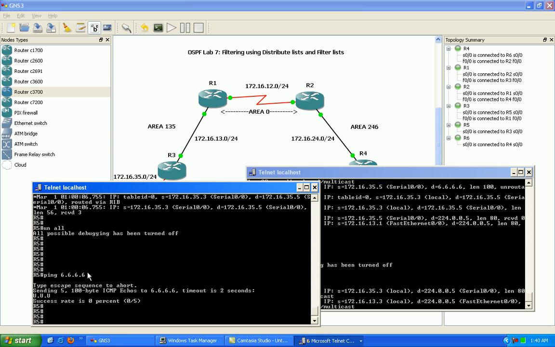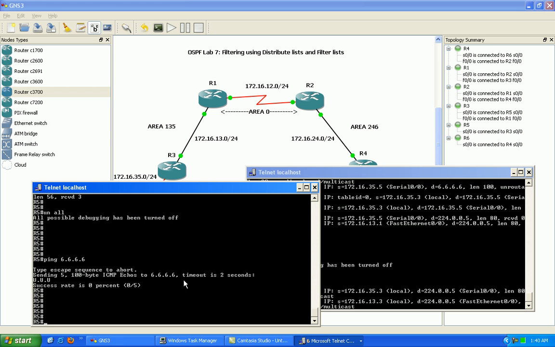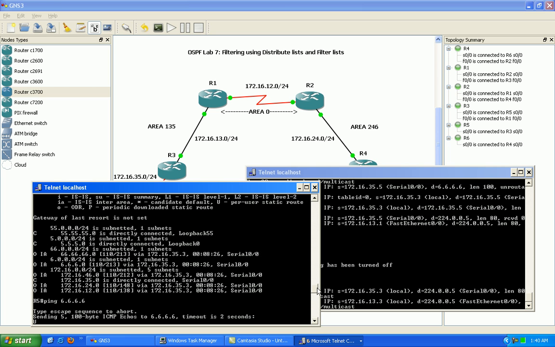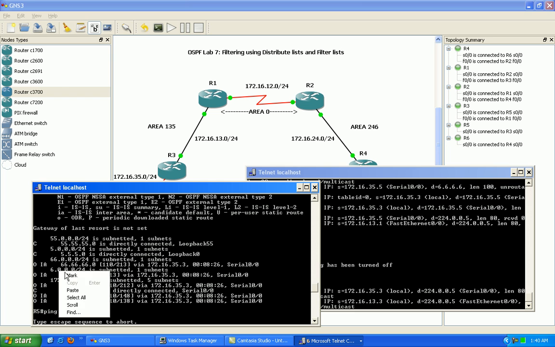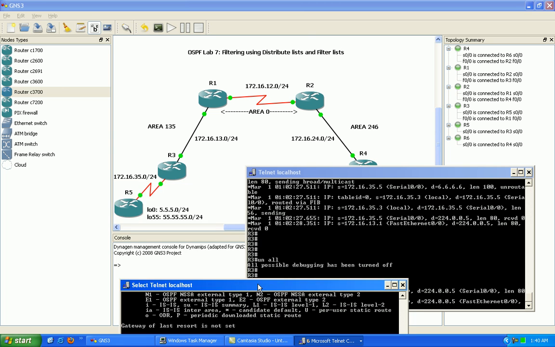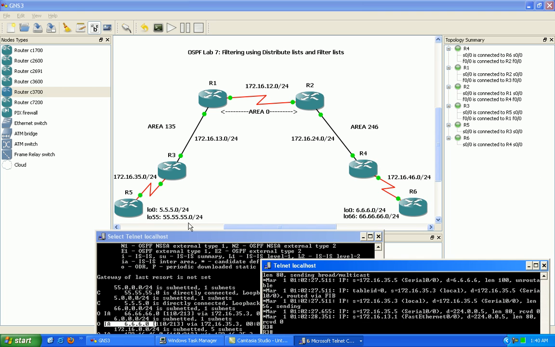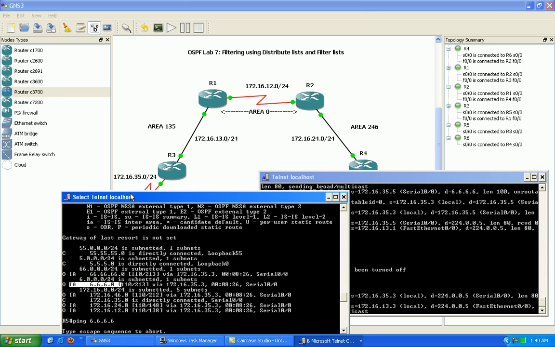And the reason we're seeing undeliverables here is because even though router 5 has the path to router 6 and it's seeing the network, the LSA type 3 coming from router 3, well, how does router 5 get to the 6th network? Well, it has to go through router 3. So if we go ahead and do a ping